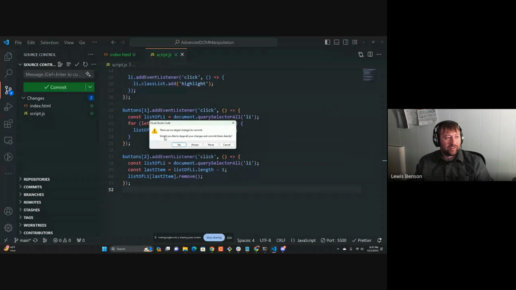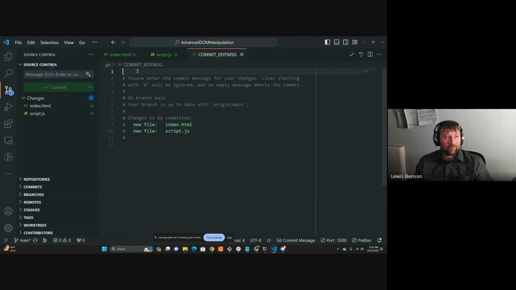And then it's going to want to know, do you want to stage all of your changes and commit them directly? I'm going to say yes. I never click always for this because that actually does lead to issues if you accidentally press commit and you didn't want to. So I'm just going to say yes. And then it wants to know, what is my commit message? So I get to write my commit message in this file now where I get a little bit more control over the formatting. And I'm going to say create listener